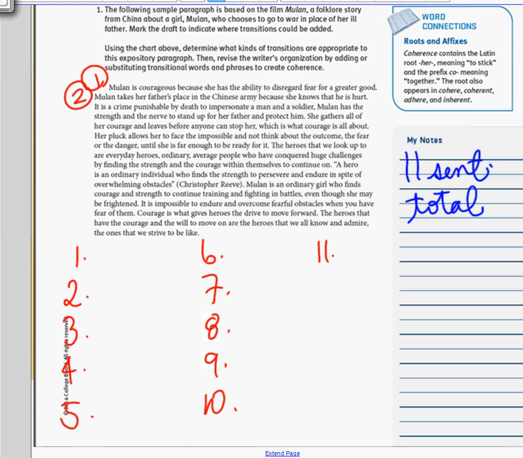Okay, once you've labeled the sentences 1 through 11, and there are 11 sentences in that paragraph, I want you to write the numbers 1 through 11 in that white space area, just like you see on the screen. So we're breaking up the number series here. You're going to write that down in that white space. All right, now I want you to read that paragraph by yourself. I'm going to give you about 2 minutes just to read the paragraph by yourself.